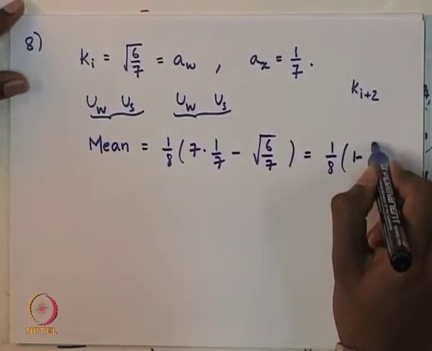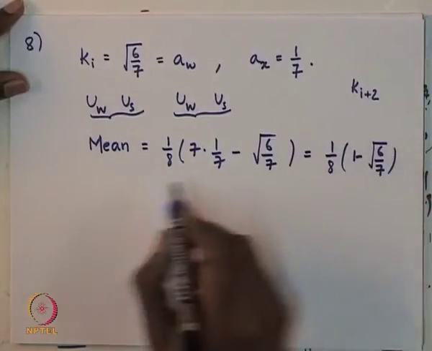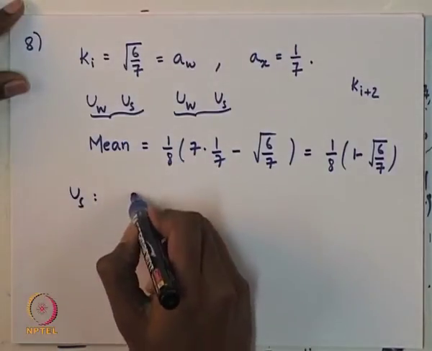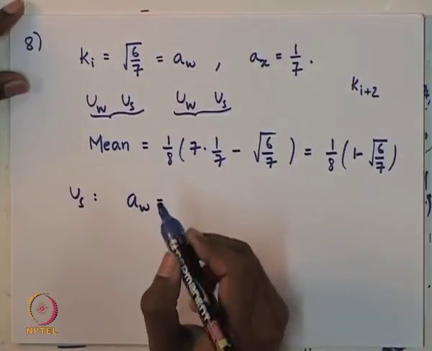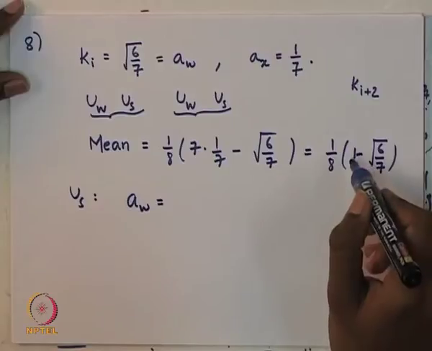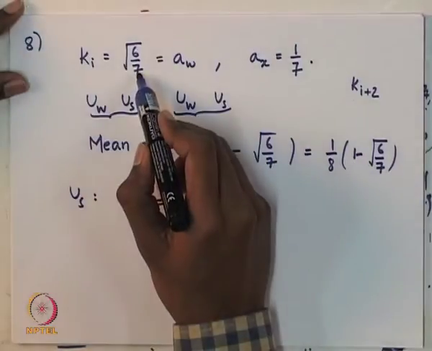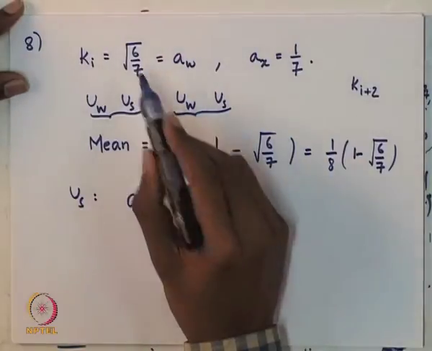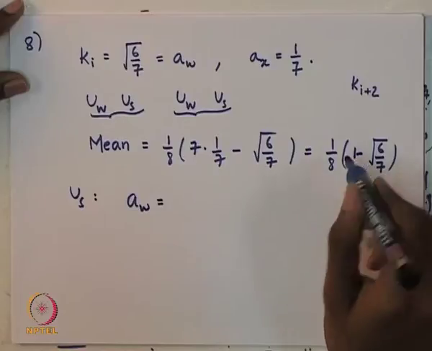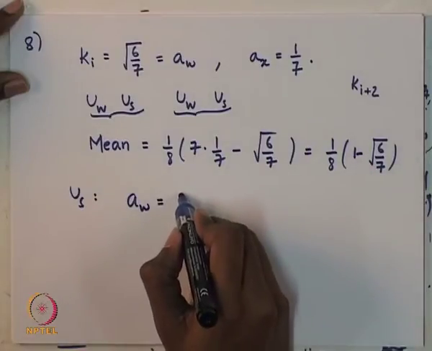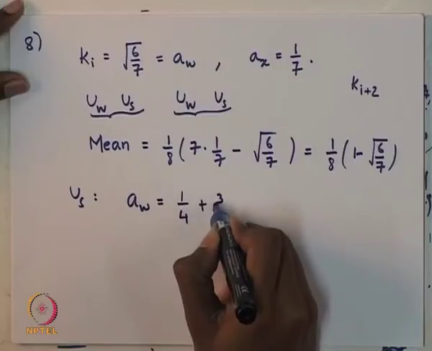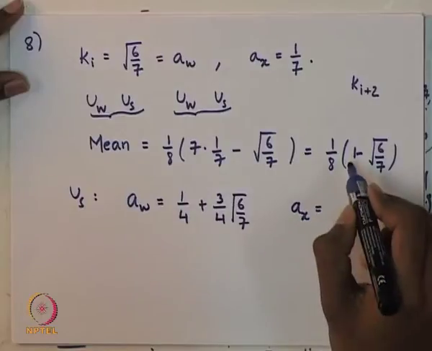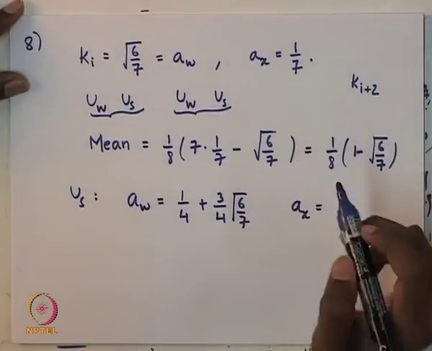Performing similar operations as in the previous problem, we obtain mean in the first iteration as 1 by 8 times 1 minus square root of 6 by 7. So after applying US, we obtain AW as 2 times mean subtracted from negative of this. So directly that means we are adding root 6 by 7 to the 2 times of mean, which gives us, on all other states we have 2 times mean subtracted with 1 by 7, which gives us